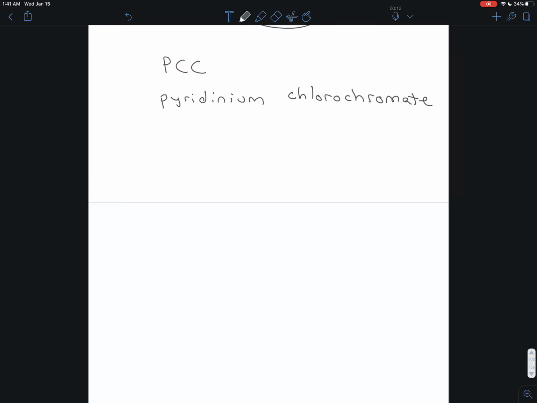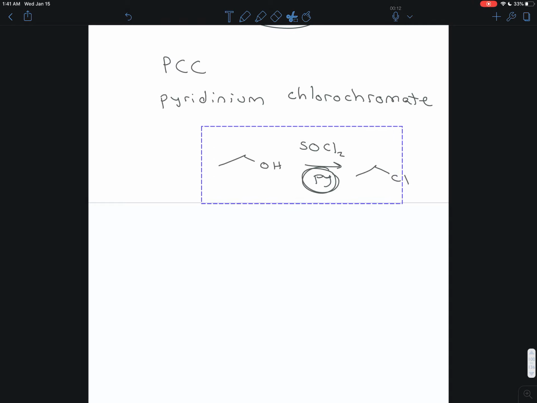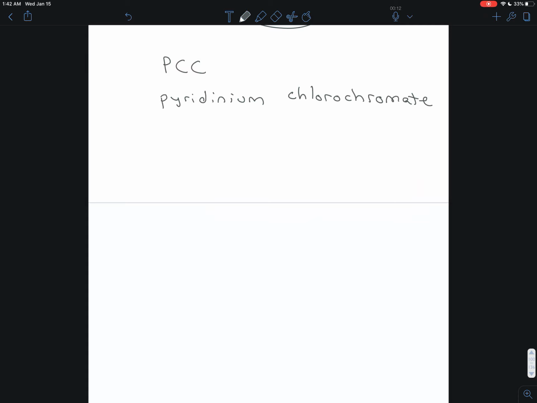Pyridinium chlorochromate. Remember pyridine, we've seen this before. Remember when you were trying to replace an OH with a Cl, you use thionyl chloride and pyridine, the Py, right? This pyridine is going to come back here. If you remember, pyridine